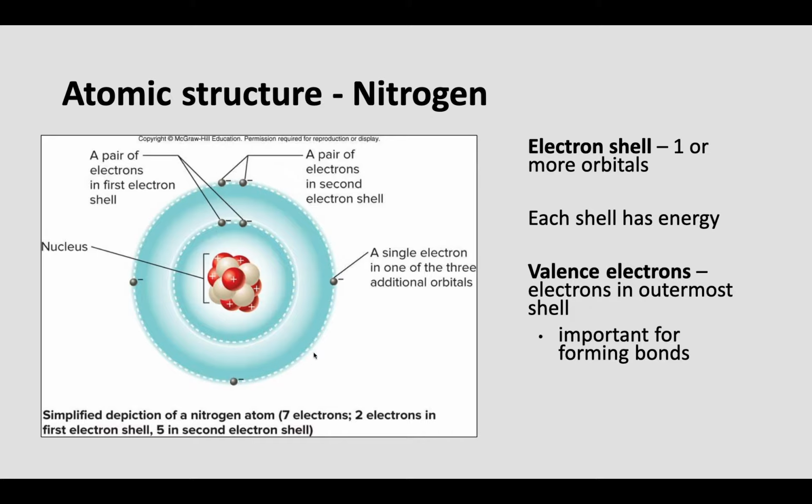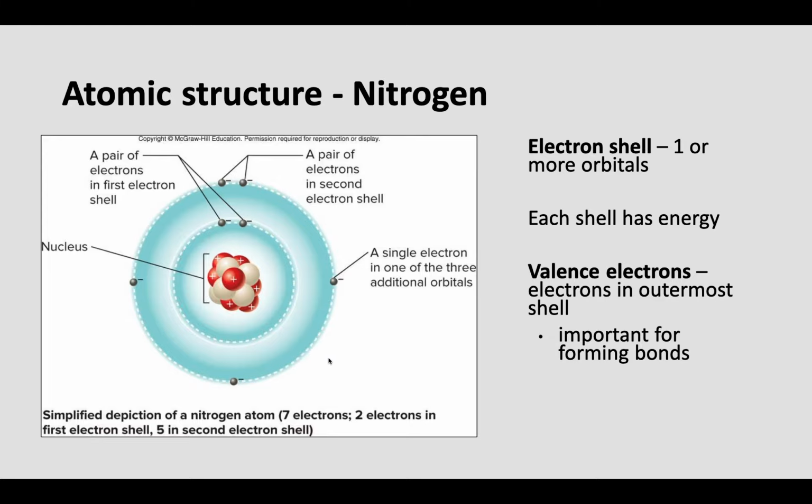You notice that nitrogen does not have 8 electrons in its outer shell. They only have, let's see, 1, 2, 3, 4, 5. Yeah, I counted that right. They have 5 electrons in their outer shell. So their outer shell is not full. An outer shell would be full if it had those full 8.